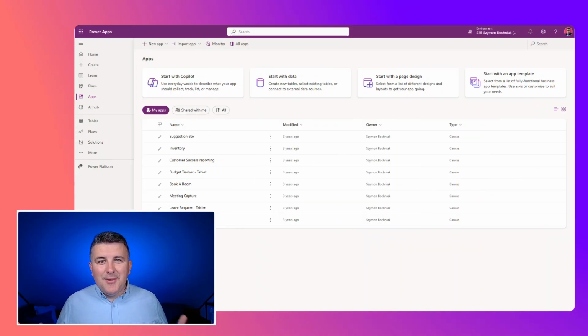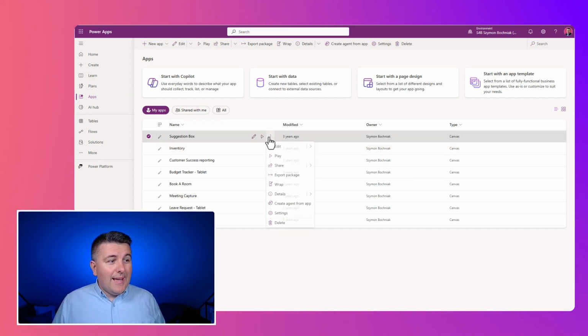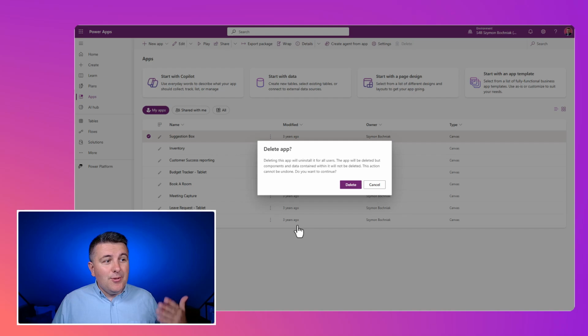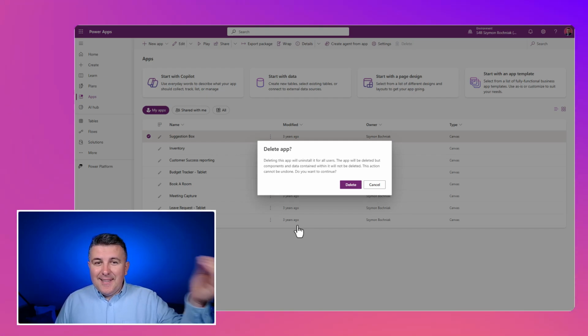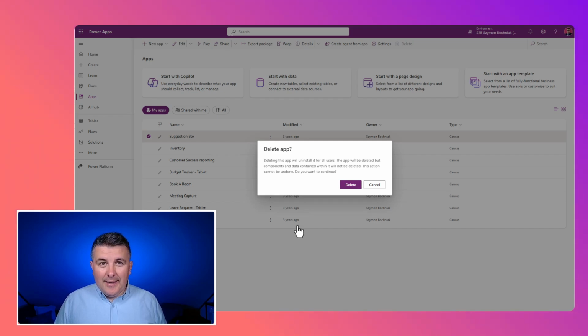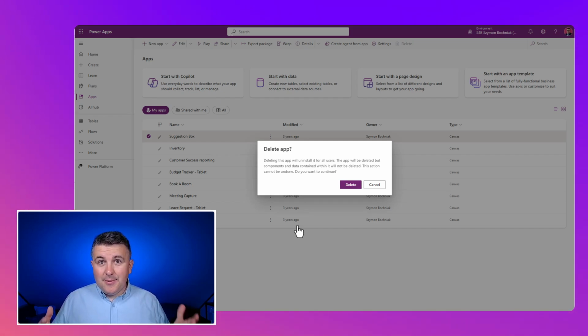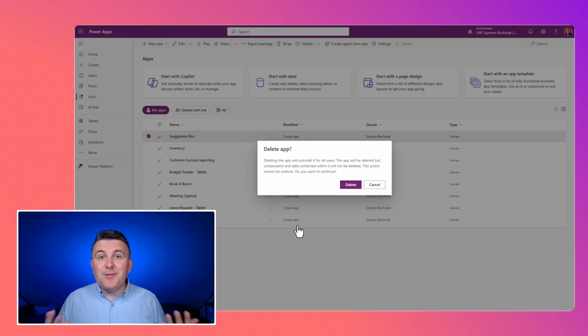Okay, so we already know that Power Platform is very useful and heavily used by organizations using Microsoft 365. But what about retention of these applications? For instance, if we work with Power Apps and somebody would like to delete an app, you can see that this action cannot be undone. If you delete a Power App from your environment, there is no way to restore it because there is no